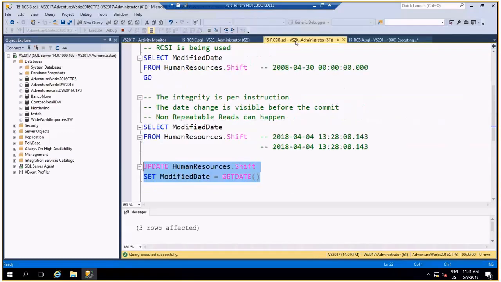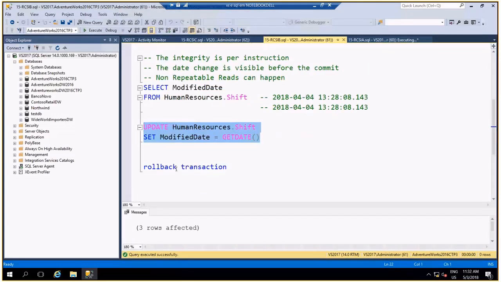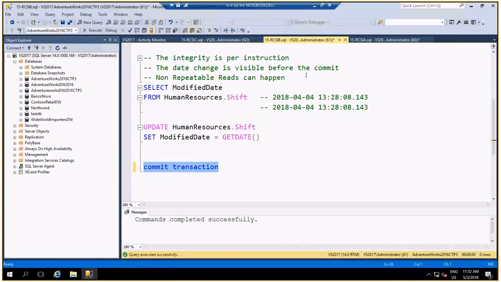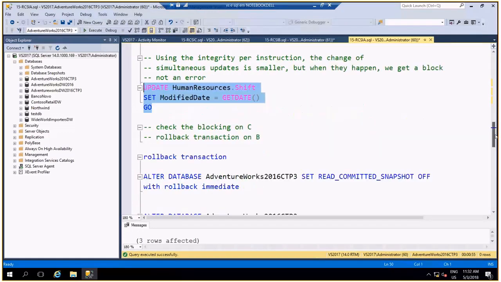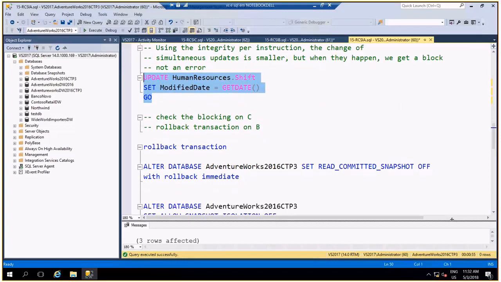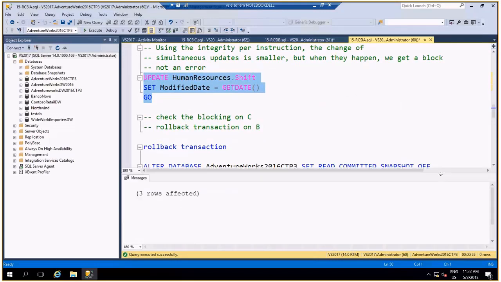Now on B, I will commit the transaction. I will not go back. I will commit the transaction. And A is also committed. Have you noticed the difference? On the snapshot isolation level, A would never be committed because B committed before.